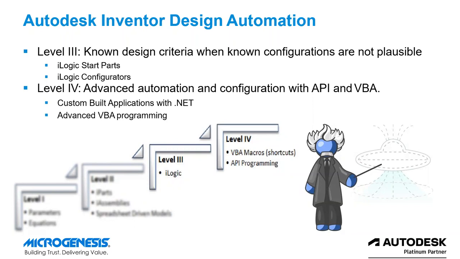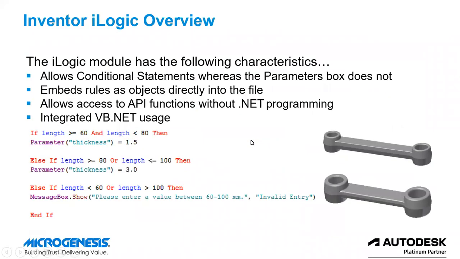The fourth level is advanced level of automation. Once you are done building the components with iLogic, you will have at least 50 to 70% of confidence and capability of coding into high level. High level means using VBA, macros, you can say, or any other languages like C++, C#, Java, like that. You can use that coding also. So it will make your life easier to learn this language, because you already covered some of the parts in iLogic. So let me go for next slide.